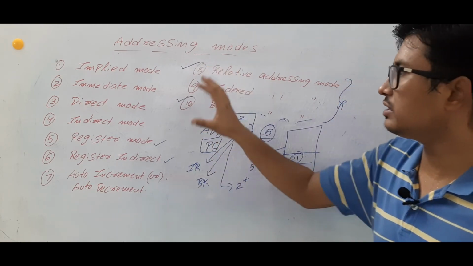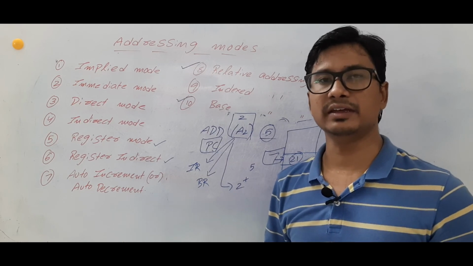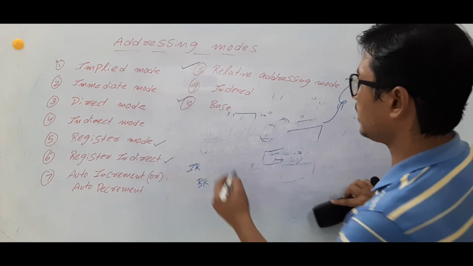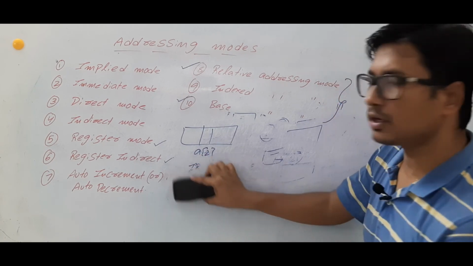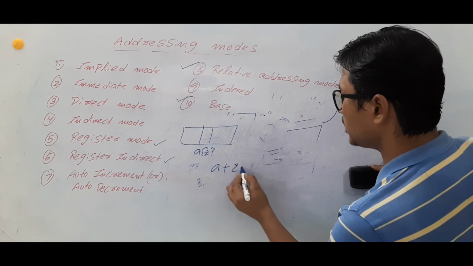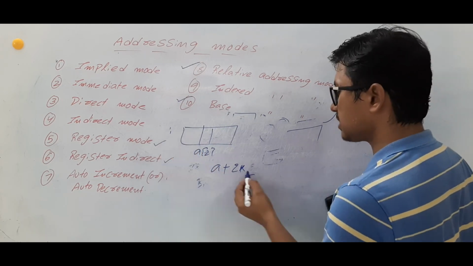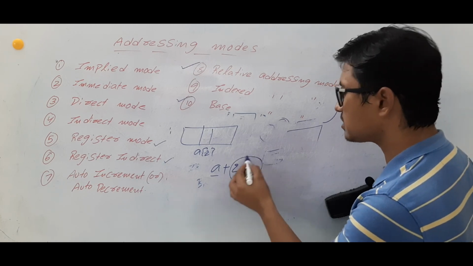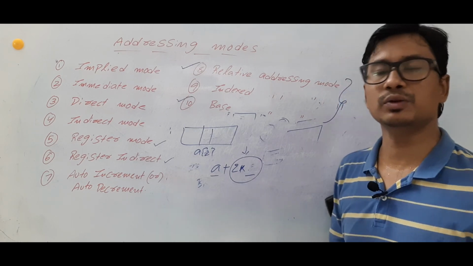Then you can ask me where these addressing modes will be useful. Whenever you want to fetch an element from an array, they will be useful. How? Suppose in an array you want to fetch A[2]. How will you give it? You will give the base address of A and then 2 times the size of the element. If it is an integer, you multiply by the size of an integer and add it to the base address. Here it is not a displacement, it is an offset. Are you able to understand it or not?